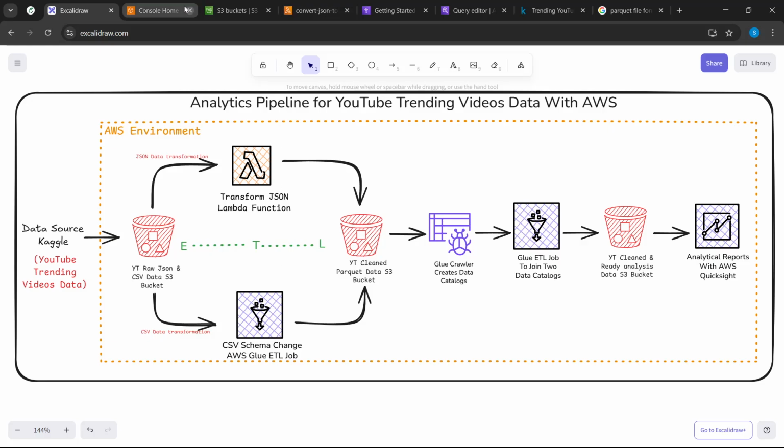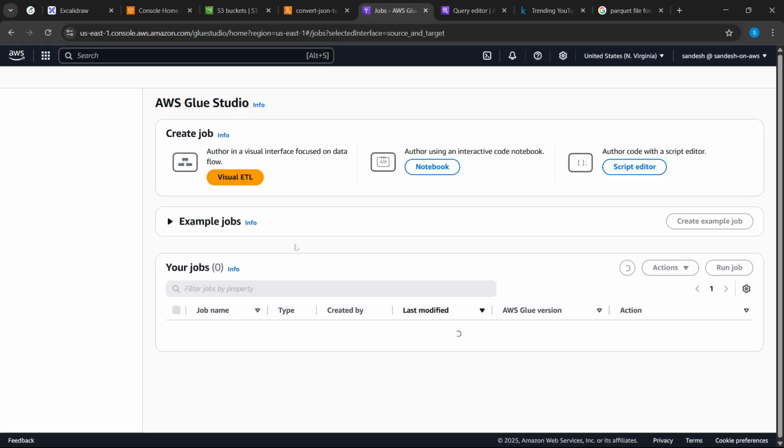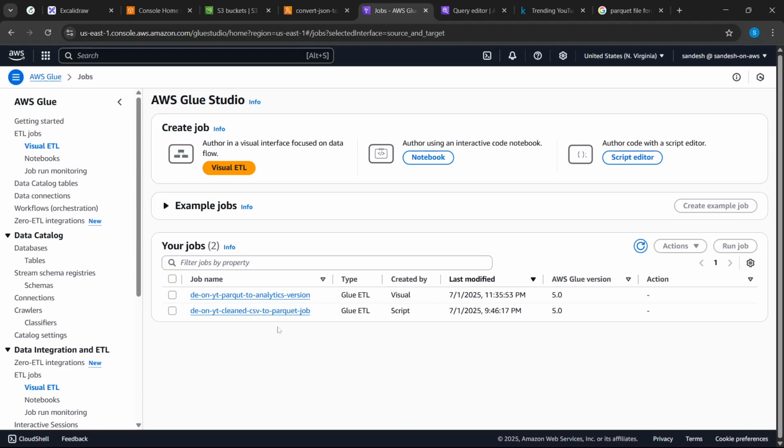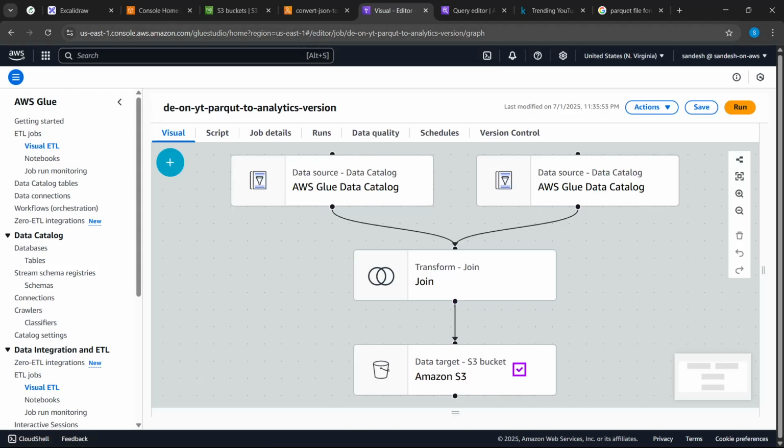For that, we are creating one AWS Glue ETL job. So here is the Glue ETL job I created for this transformation. So this is the Glue ETL job, sorry,